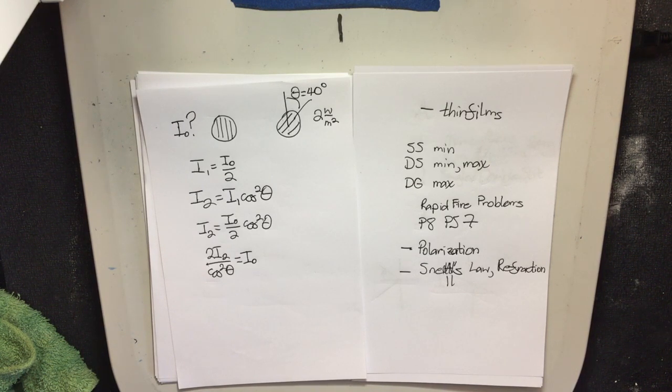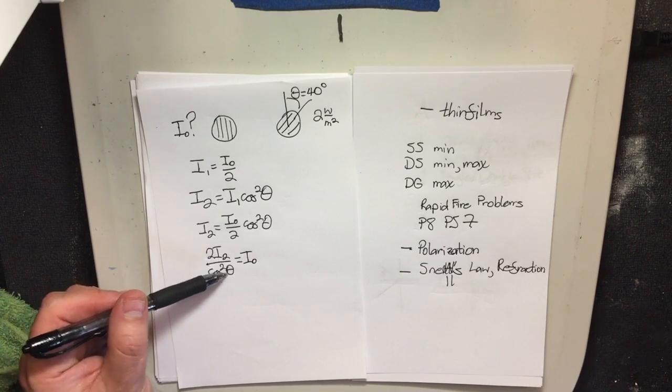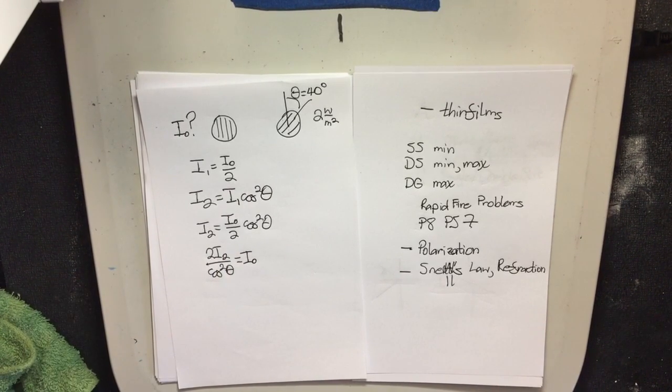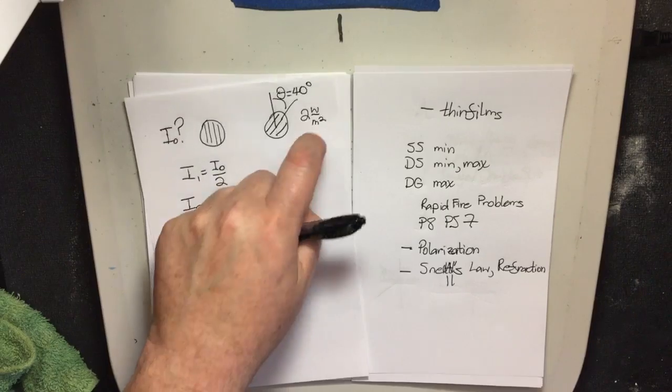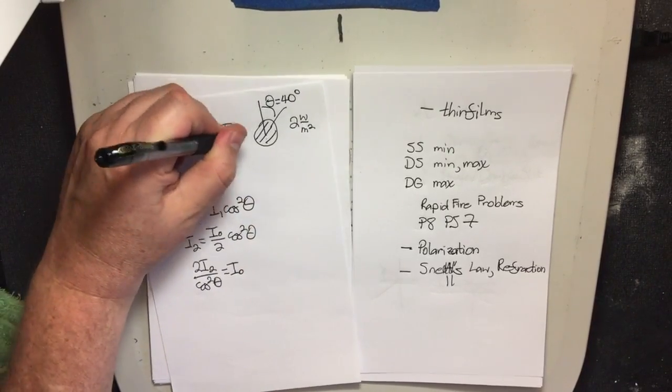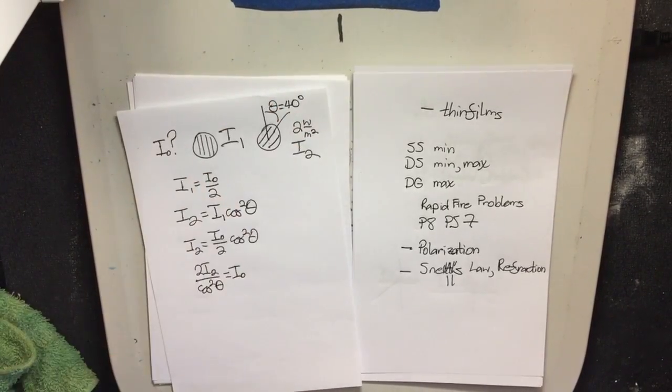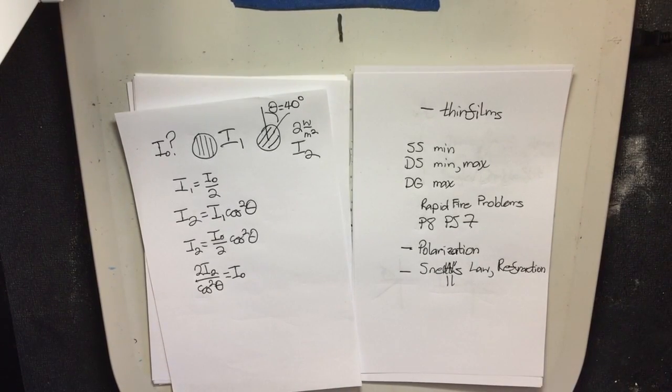Okay, so are you saying 2 watts per meter squared is what's coming out of the... Yes. So your I2 would be 2. Your theta would be 40. So that is your I2? Yeah. Because it's 2 over here. So I naught, I1. So it'd be 2 times I2 cosine squared or